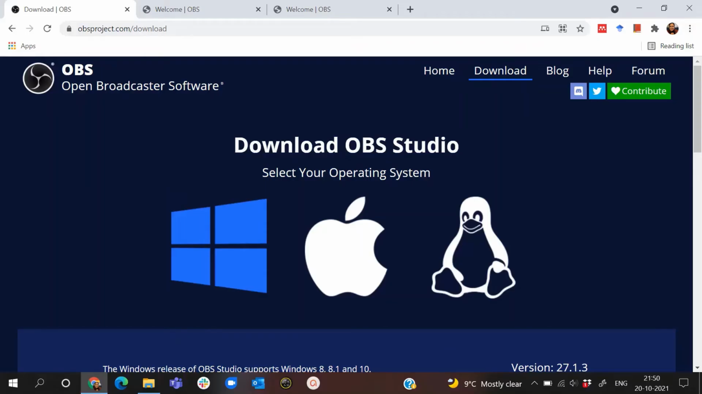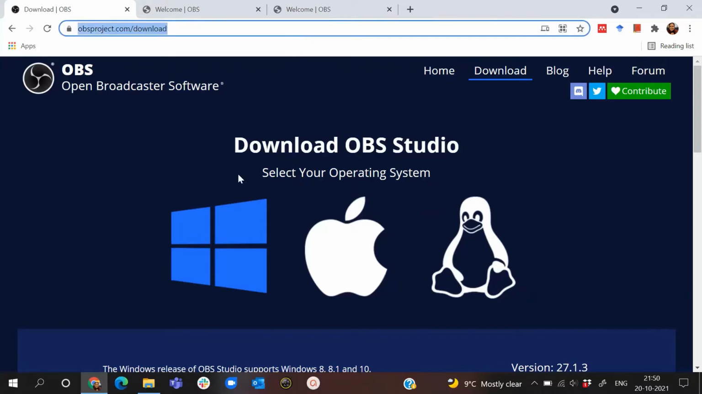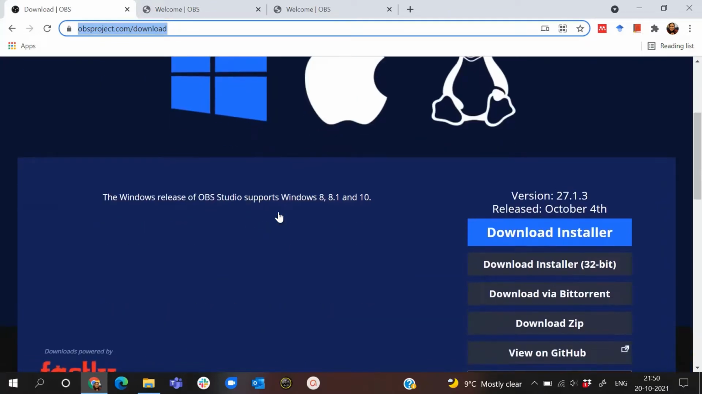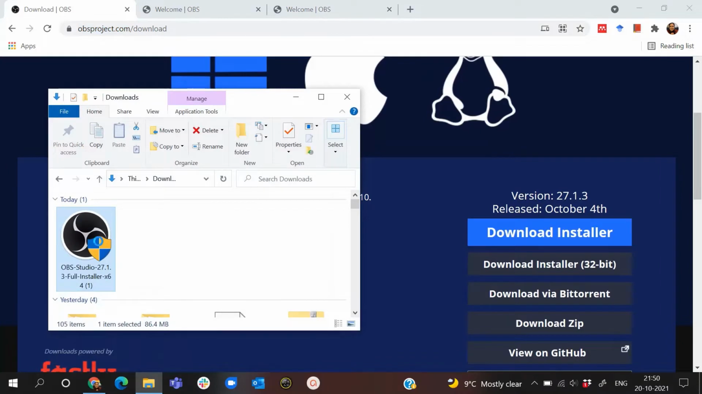Hello everyone, in this part of the video we are going to understand how we can download OBS on one of our operating systems. So you have to go to this link and then select one of the operating systems. I'm working on Windows, so I clicked on this and then on this. After that I got an extension which I double click and then click on yes